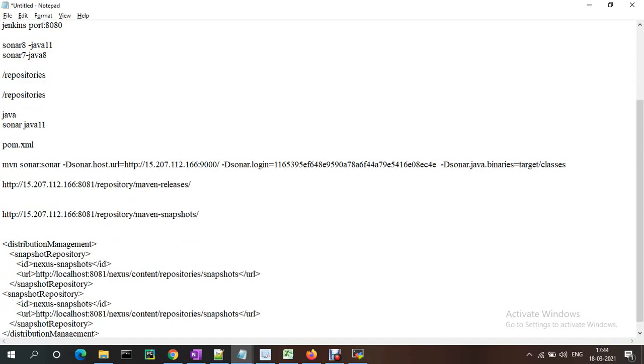So here, instead of Nexus snapshot I am just using Maven snapshot. Here, snapshot repository, otherwise release repository. I am just using repositories here.